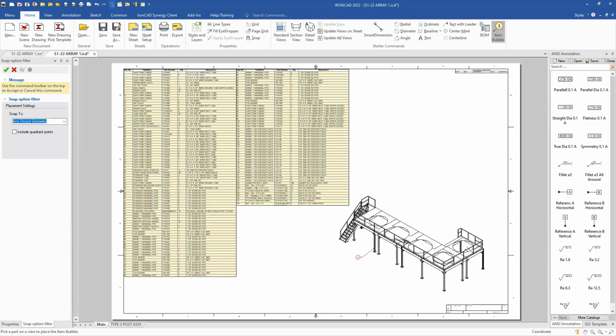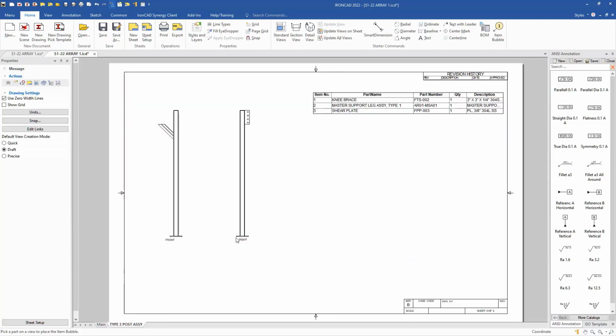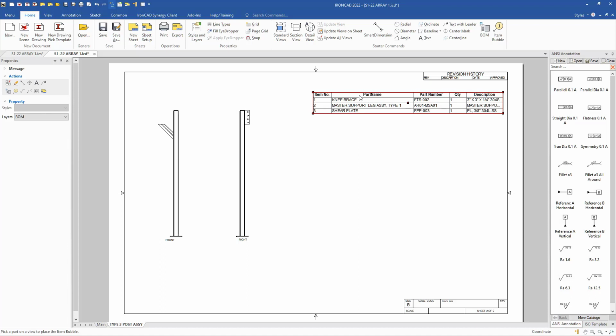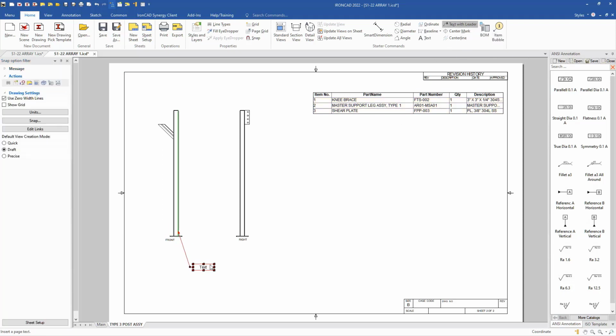However, that particular part, when we create a drawing, is actually an external reference file. So you can see when we create the part drawing and the BOM for that, it expands out and shows us the individual pieces here. But we may want to call quantity here so that someone may know that there's actually 6 of these in the particular file. However, if we go ahead and create a text string here to refer to this particular part,